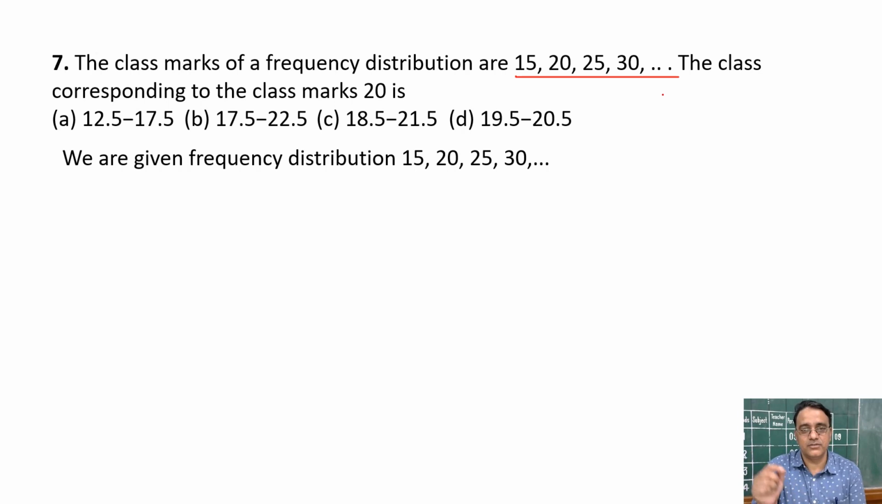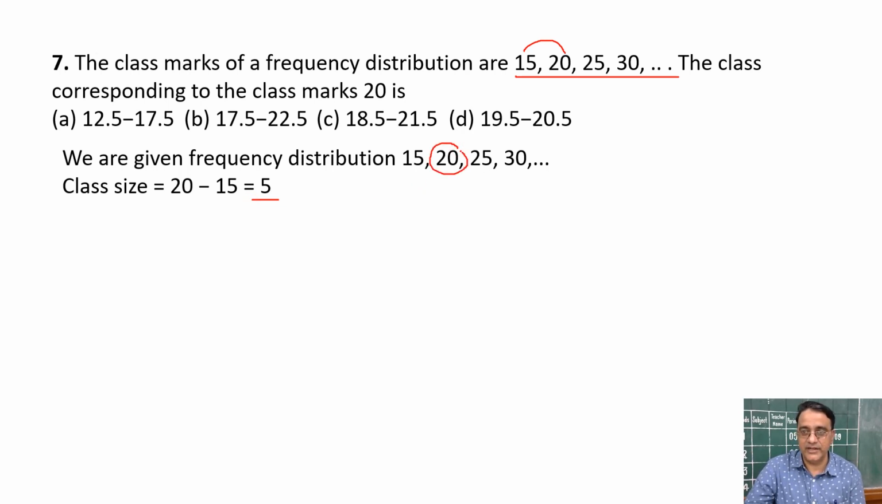whose class mark is 20, right? Class size is 5 because 20 minus 15, this increase of 15 plus 5, look here. This is an AP. Okay, it is increasing uniformly by 5. So the class size is 5 we got, and these are the class marks, and we have to find with